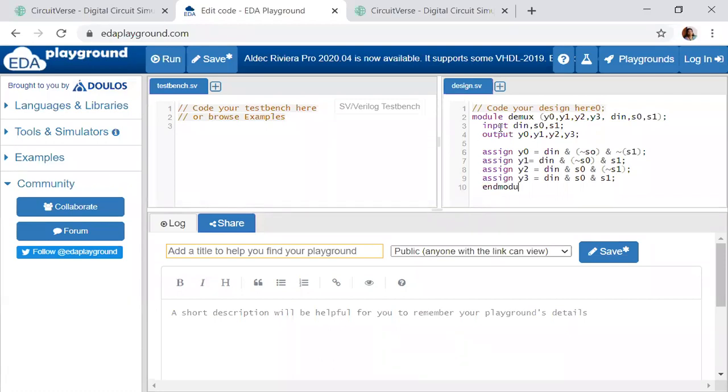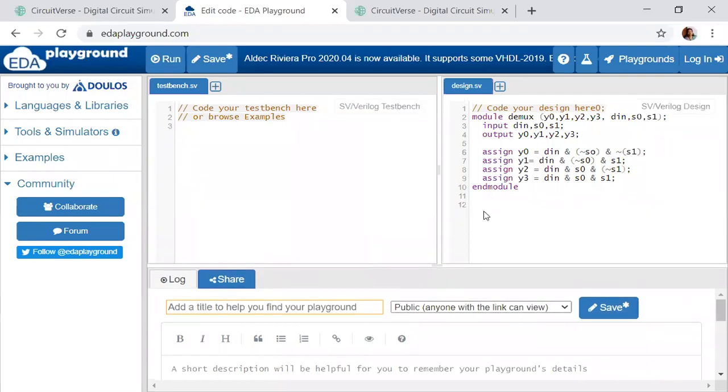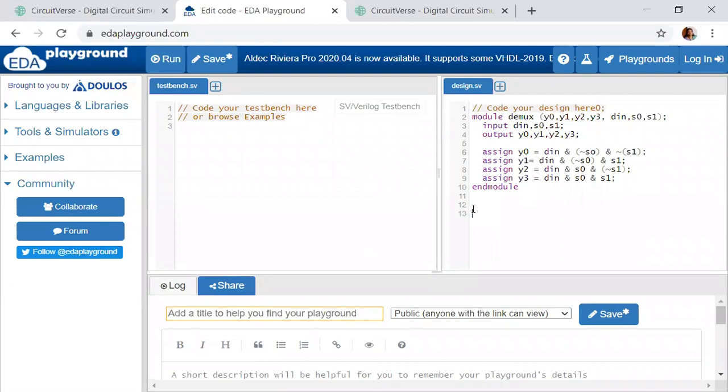You can also write it in behavioral model using if statement or case statement. How will you write the code using if statement? I will only give the logic, but not the complete coding. I'll just comment it out so that we can write it. I will write it as always at inputs, or I can give star. The inputs are D in, S0, S1 you can write, or I'm giving it as star. Then begin you will write. Then you will write if